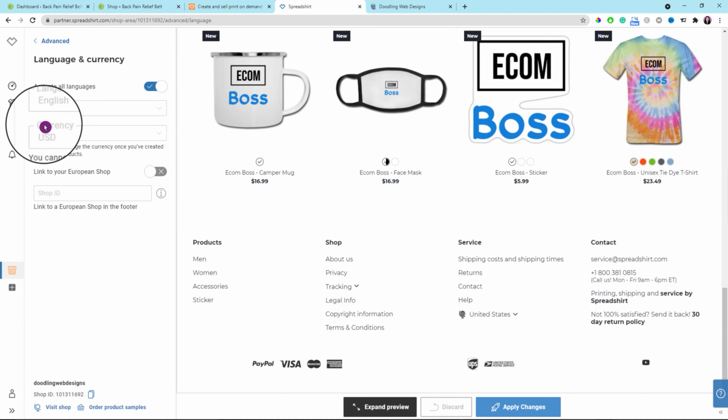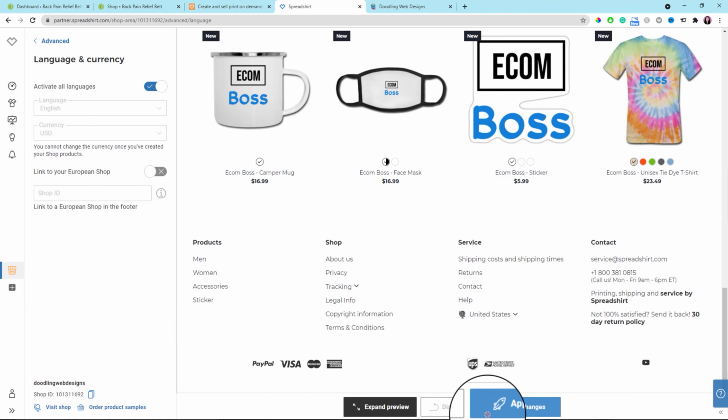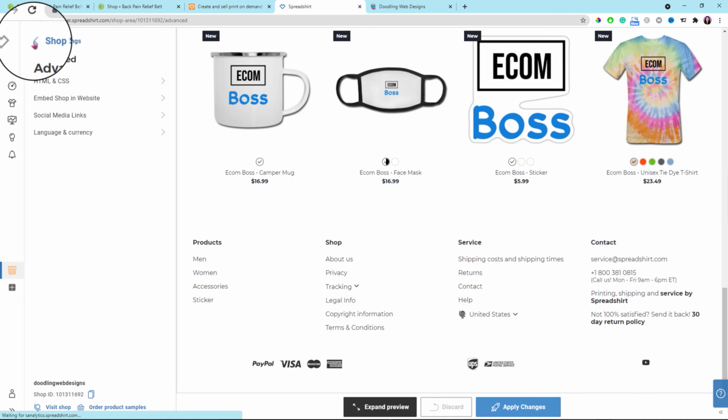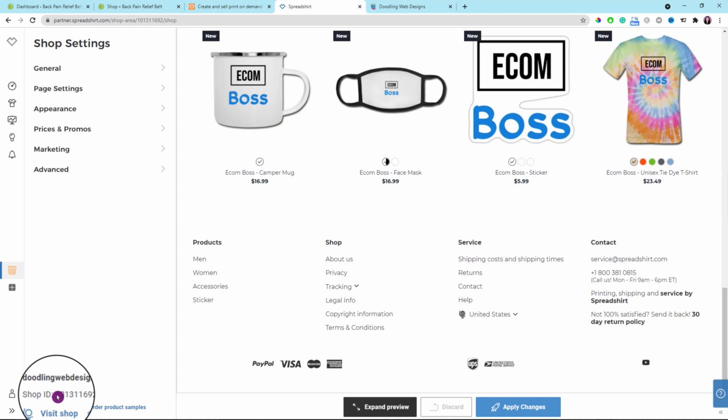That's the plus button where you can click and open another shop and click to open the shop for the European countries or something like that. And just close it out. Once everything looks good, just click the apply changes button at the bottom. Let's get out of the shop settings, and that's pretty much it for the shop settings. We all good. So let's copy the shop ID right here,